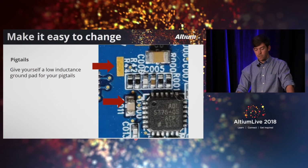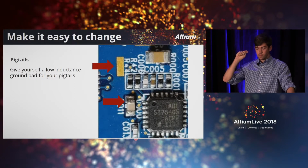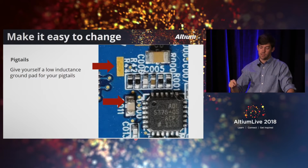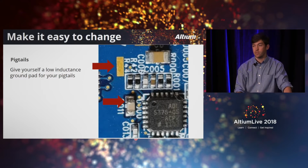So in this case, RF is coming up through that lower capacitor. There's a via-in pad there coming up from strip line underneath the board. So I take that capacitor off, solder the jacket of the pigtail to this gold connector here, the gold pad, which is just ground, and then solder the inner conductor to the first pad of that capacitor. So now I have, assuming your ground is very close to where your signal is coming out, you can have a pretty low inductance